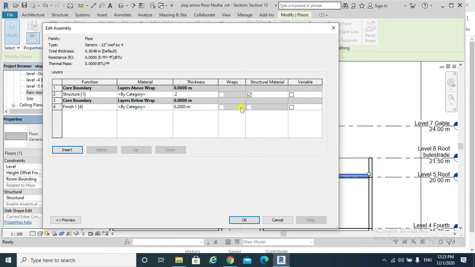Very important to check the variable of my finish layer and keep the structural layer not checked. It means I don't want to add different thicknesses to my structural layer. And by checking the variable of the finish layer, this means that that layer of finish will have different thicknesses, while its bottom side will remain as it is without any change. Then okay,